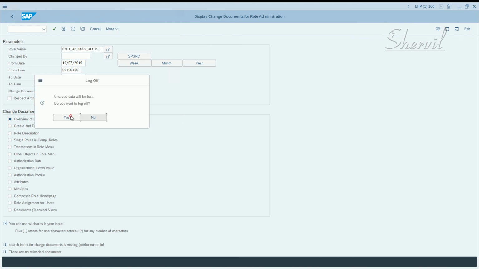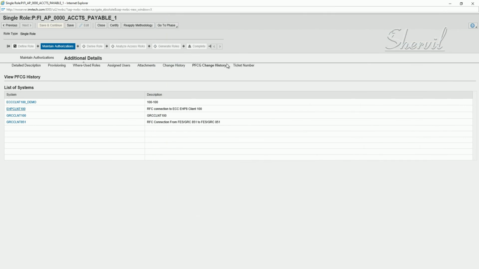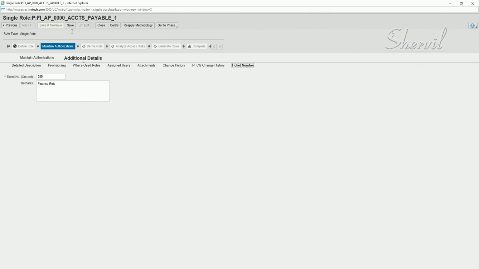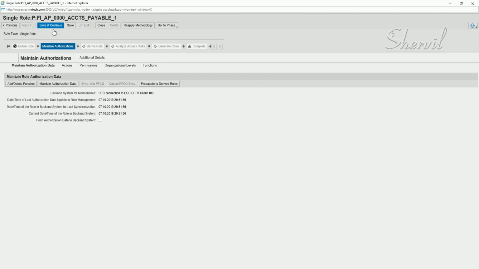Okay, so we are not going through the whole process here, the steps here. So let's go back, and then you also have the ticket number here. All right, click on save. Let's go to maintain authorizations. And now,